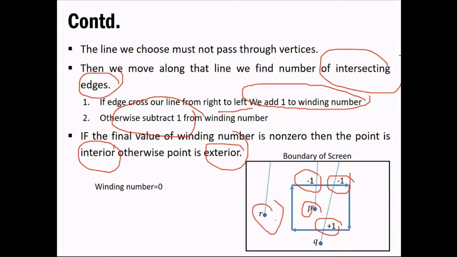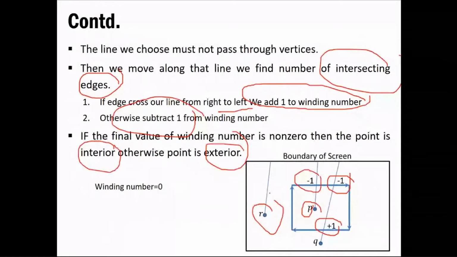Okay, we have one more thing over here, that is R, and it is not at all passing through any of the given lines. So what it says is that if this is not the case, then you just have to simply assign the counter as 0, and if 0 is the case, then it is the exterior point. That is what you have to keep in mind while working with this, to check if it is inside or outside.